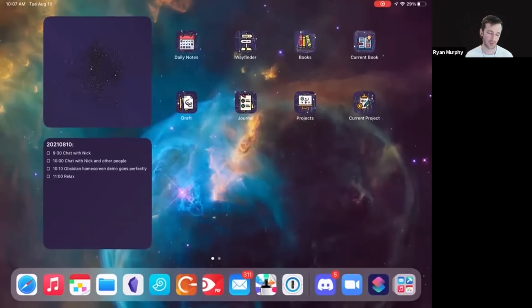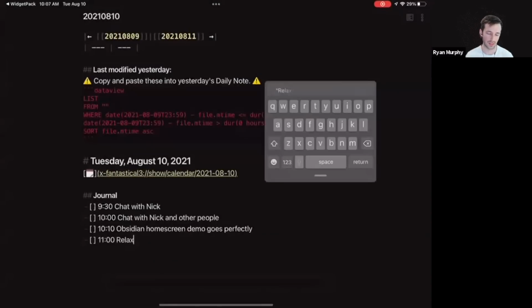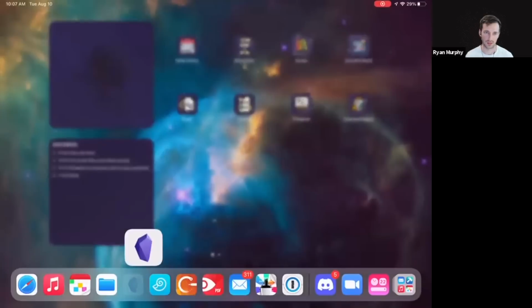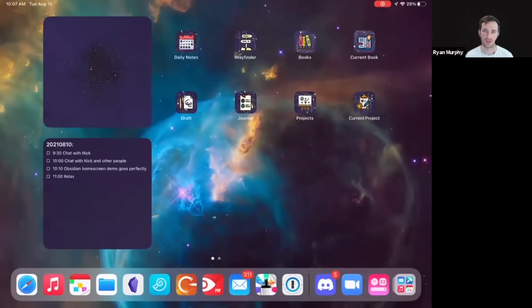Then on the left over here, there's a widget. It's the graph of Obsidian, and you see that opened right up into Obsidian. In the bottom left, it's today's agenda in a widget, and that uses this fancy app called Widget Pack, where you basically draw text down from some text files and then present it on the iPad home screen or the iOS home screen as a list of to-dos.